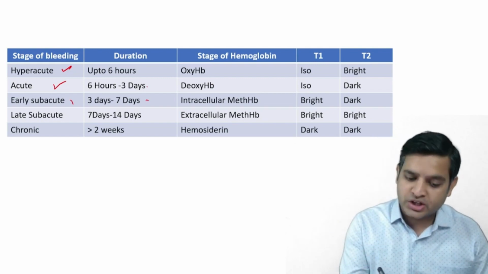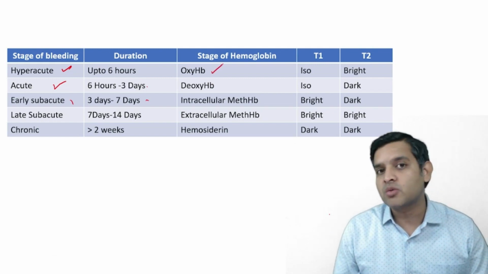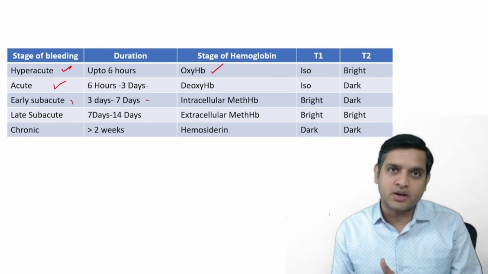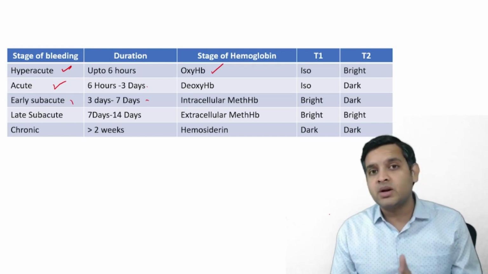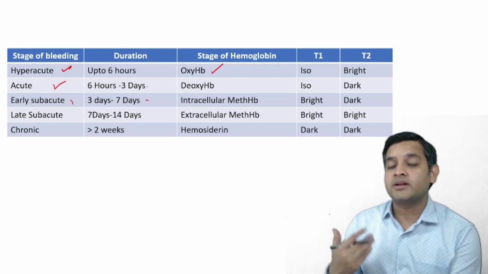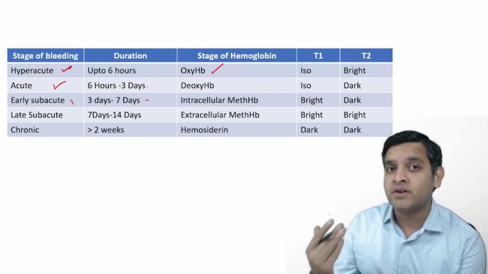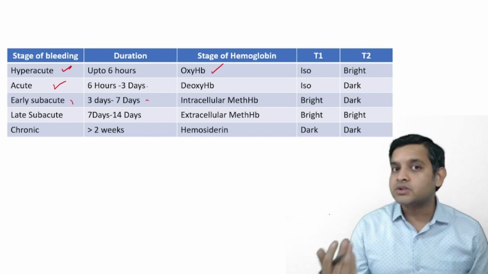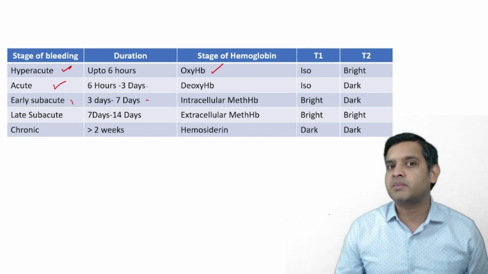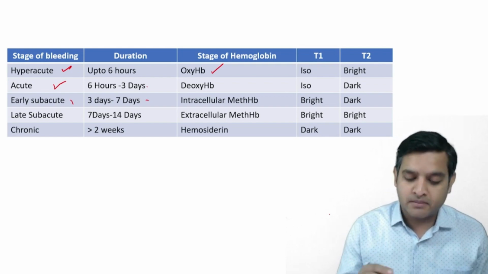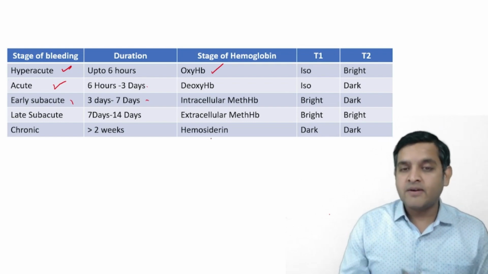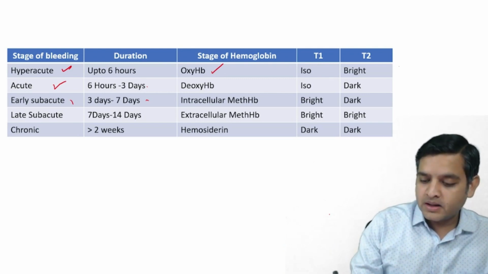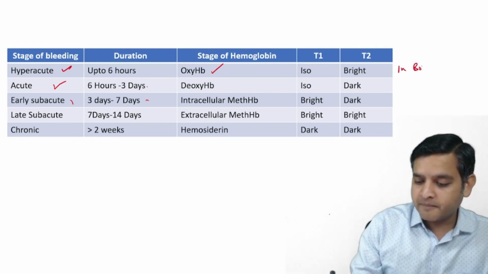In the hyperacute stage, the hemoglobin remains in the oxyhemoglobin form, whereas it gets deoxygenated and becomes deoxyhemoglobin in the acute phase. Then it becomes intracellular methemoglobin. The ferrous, which is Fe2+, gets converted into the Fe3+ form. The cell lysis occurs and the hemoglobin comes out of the cell, which is called extracellular methemoglobin, and the chronic pigment becomes hemosiderin. The signal can be easily remembered with a mnemonic: In Bombay,